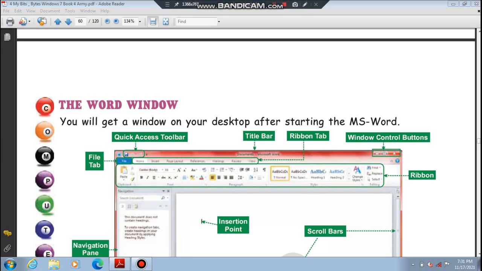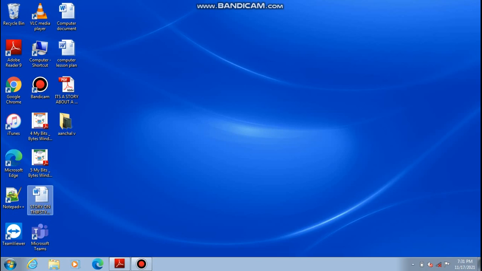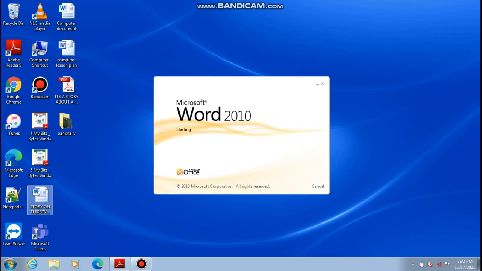I have already prepared a document for you all. I'm opening a Word document in front of you by double clicking. It is getting open, so just give some seconds. Now this is Microsoft Word 2010 that is opening in front of you all.